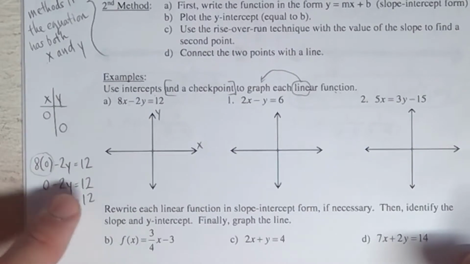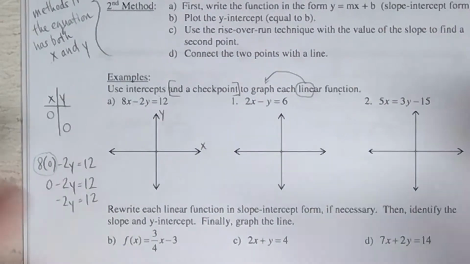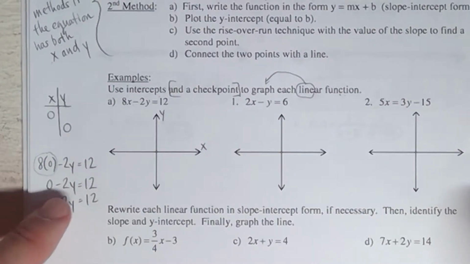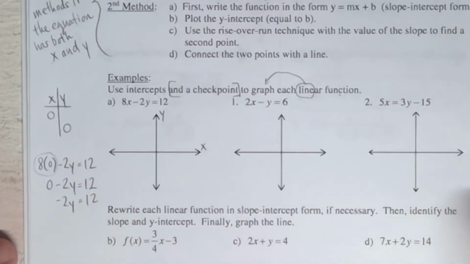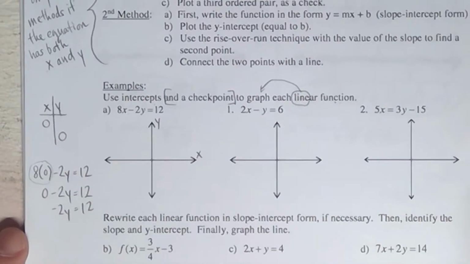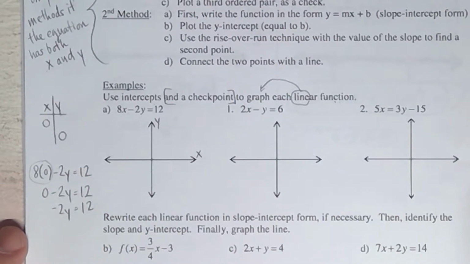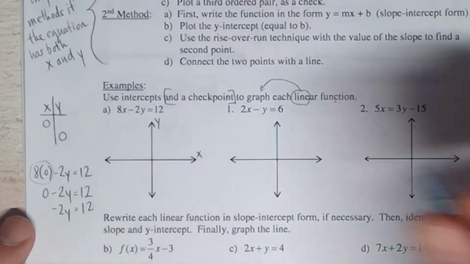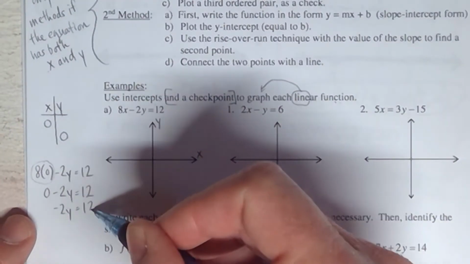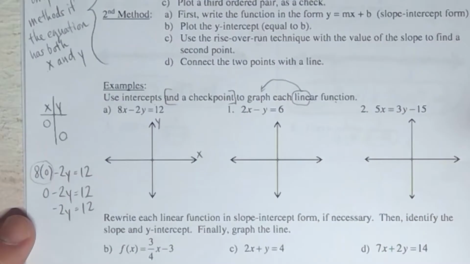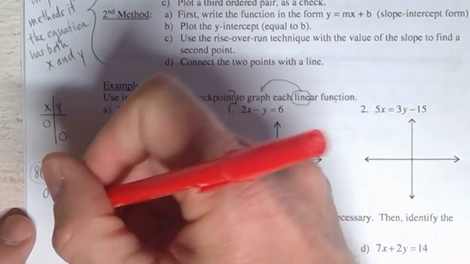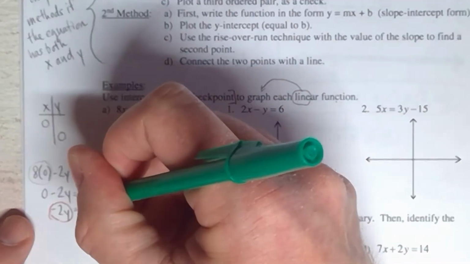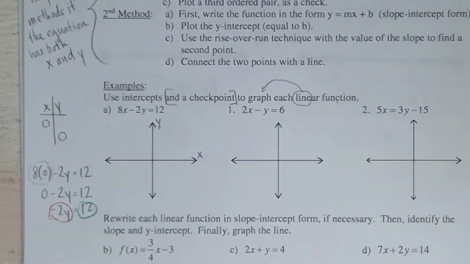Just like 0 minus 8 would be negative 8, 0 minus 10 would be negative 10, 0 minus 2y would be negative 2y. And so that's why it comes out like that. Okay, and we'll see that when we plug in y equal to 0 separately here. But then I solve for this, and we know that when you have a single variable term on one side and a single constant term on the other side, that's when you